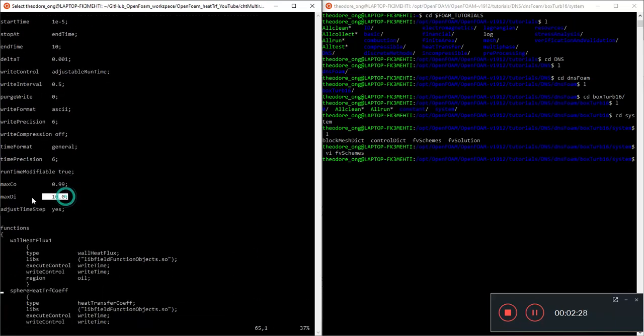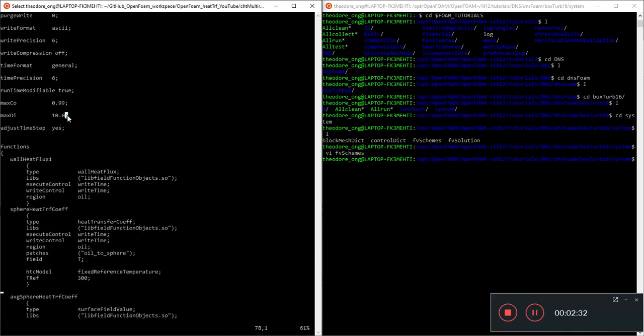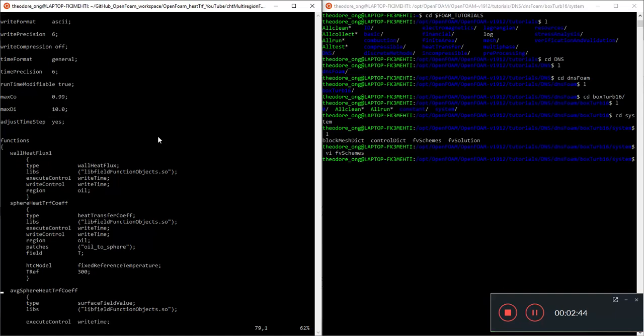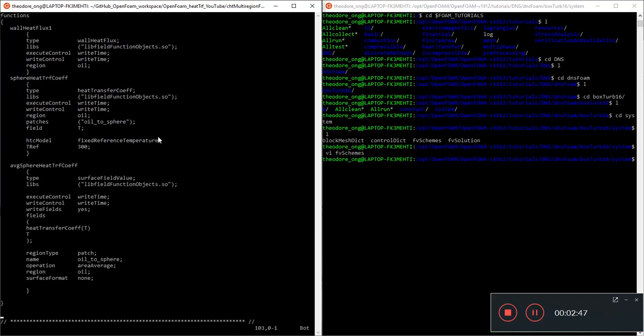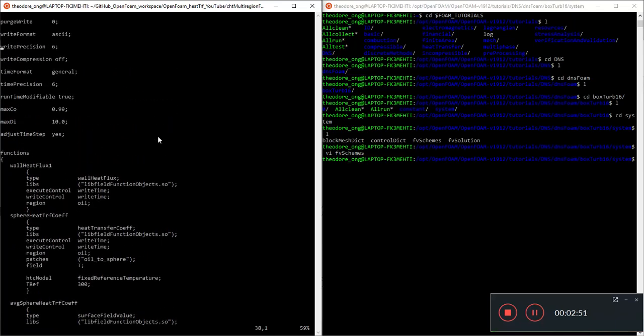You can even change the max diffusion number and put it below 1, because this diffusion number is the conduction parameter, so it's how quickly the heat flows with respect to time. You can reduce that to lower than 1 and still the instability will grow,